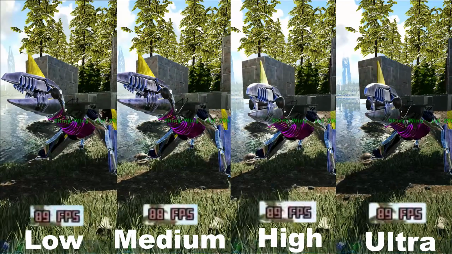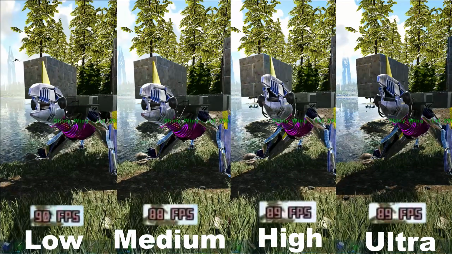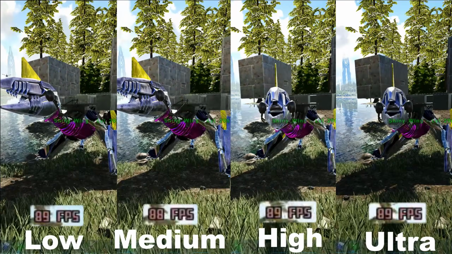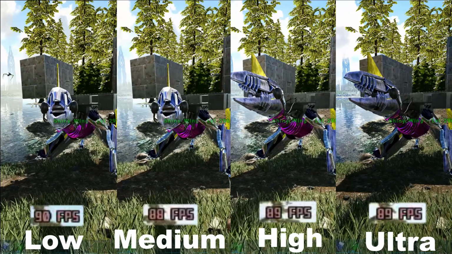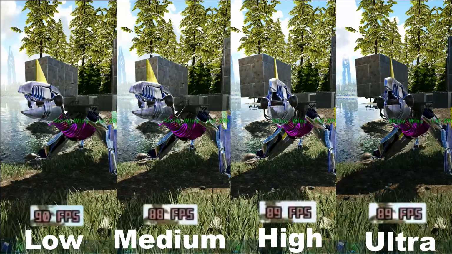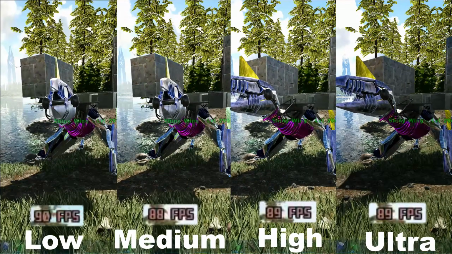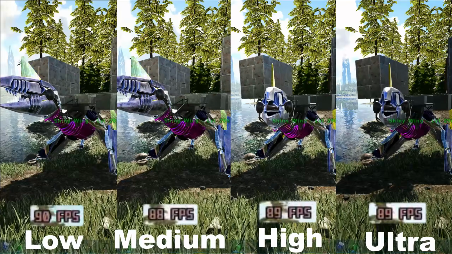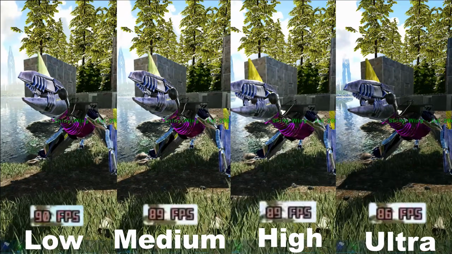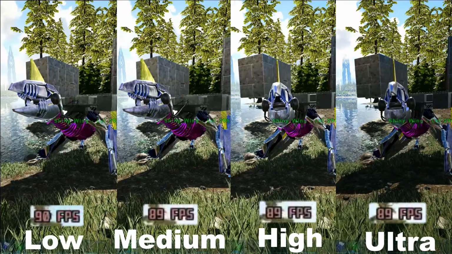Another thing to notice with post-processing is that if you turn it down to low, you will disable the rendering of your character when you go into your inventory. So you know in Ark, when you open your inventory, you have a character on the right. That will disable, he'll just be a black silhouette instead of rendering the character. So you could disable it if you want to remove some of the lag spikes you can sometimes get when you open up your inventory.